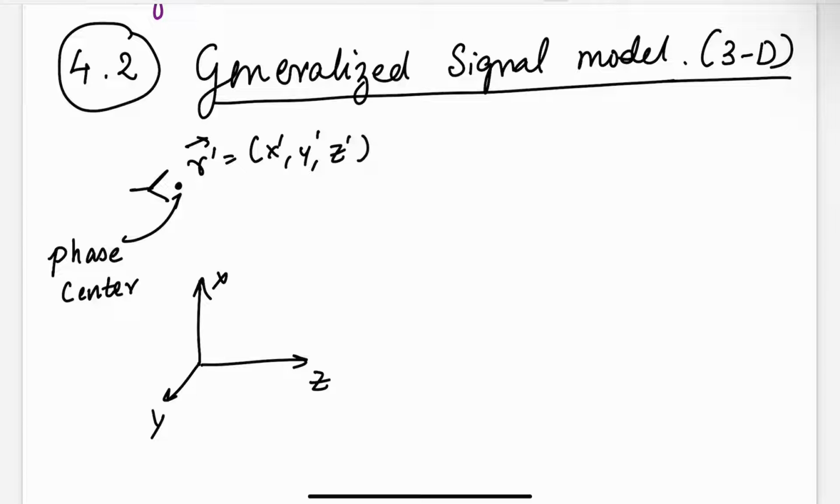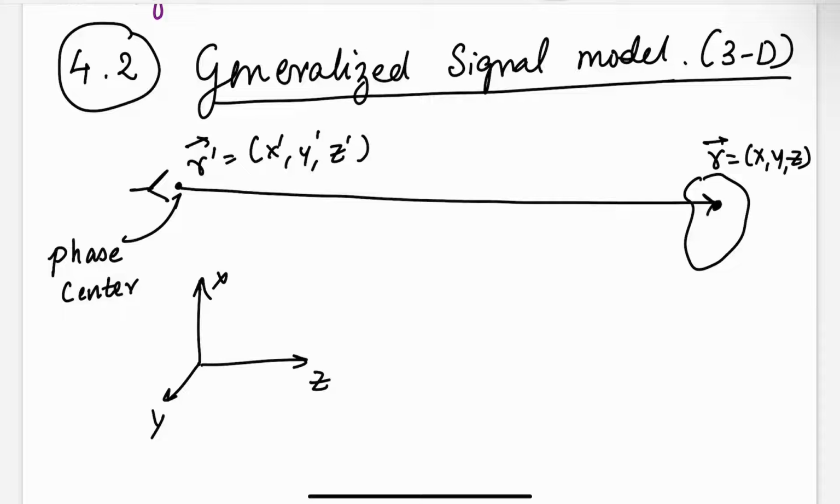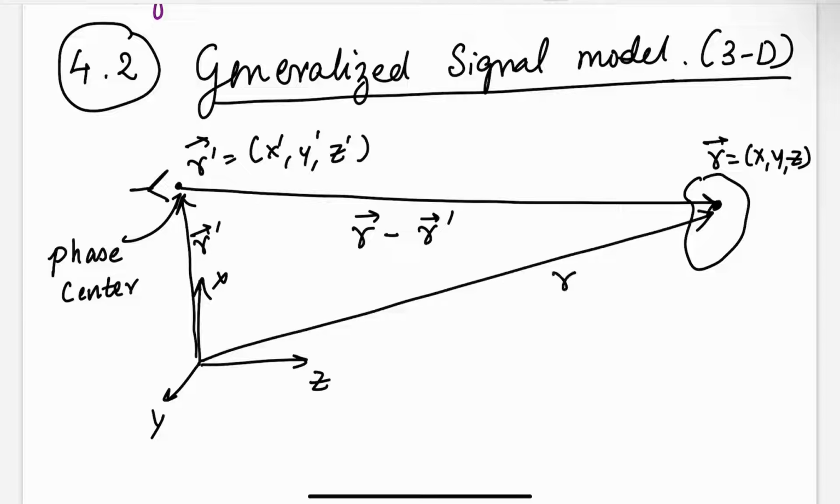And then let's say some target point I'll label as X, Y, Z, or vector R, which means that now this vector is R minus R prime, right? So, basic vector calculus, this is R prime, this is R. And let's call the length of this R minus R prime vector